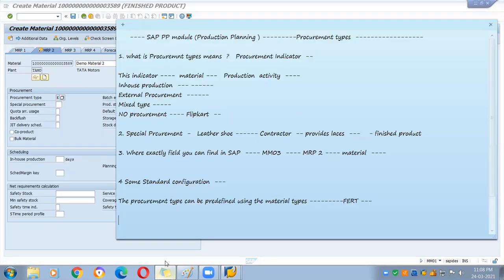So many times you will see the company will ask you, okay, the company has a requirement, such requirements, like they are selling certain products which they are always producing internally in their own plants.